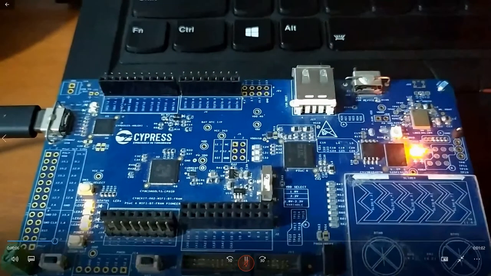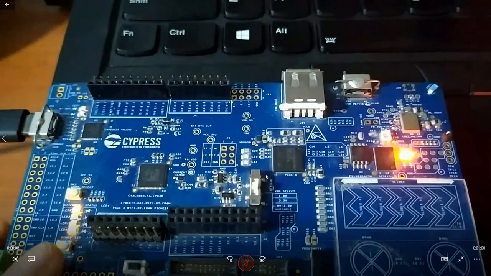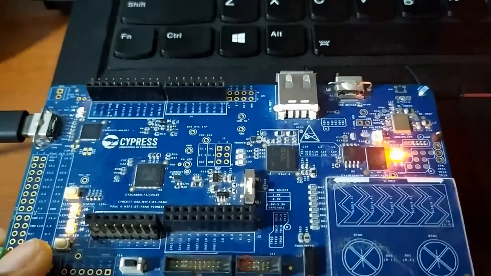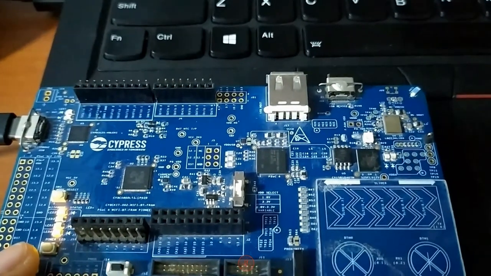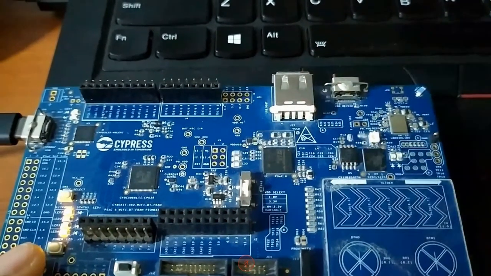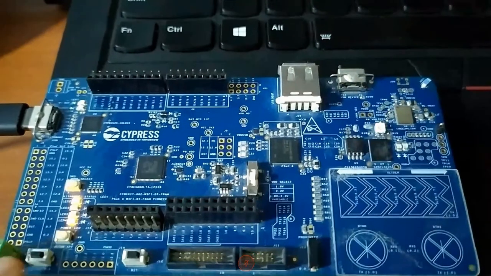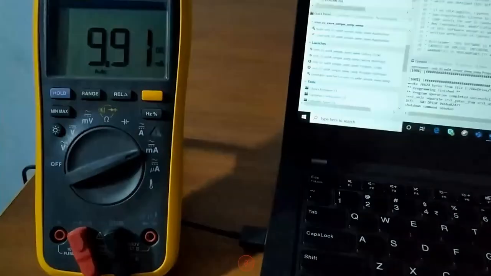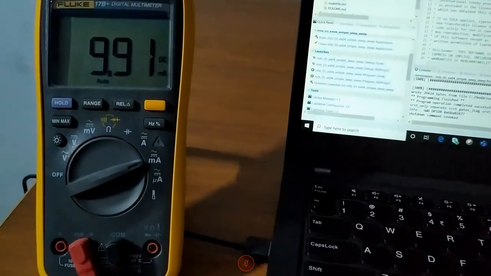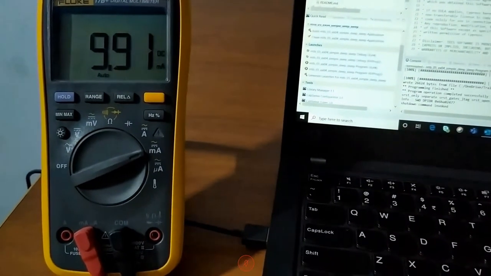Now, similar to the application that I mentioned before, the LED is blinking. When I press the button, the LED stops blinking, and when I press the button again, the LED blinking resumes. Now, if I see the current consumed, it is about 10 milliamperes when the LED is blinking.